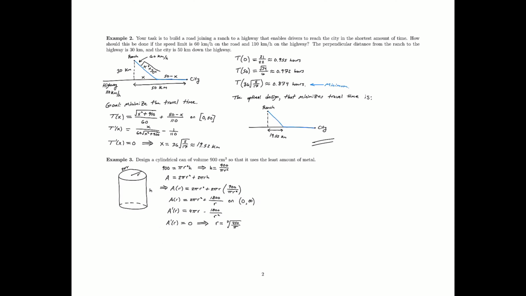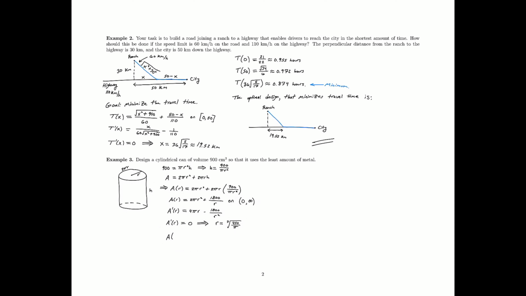So if we set this equal to 0, we'll add this term over to the other side, multiply the r up and over to get an r cubed, and then 1800 divided by 4 is 450. So that's where we get the 450 over pi, and because we'll have an r cubed, we cube root it. So there's our lone critical point. So now we want to compare values. So comparing values, we have A of,